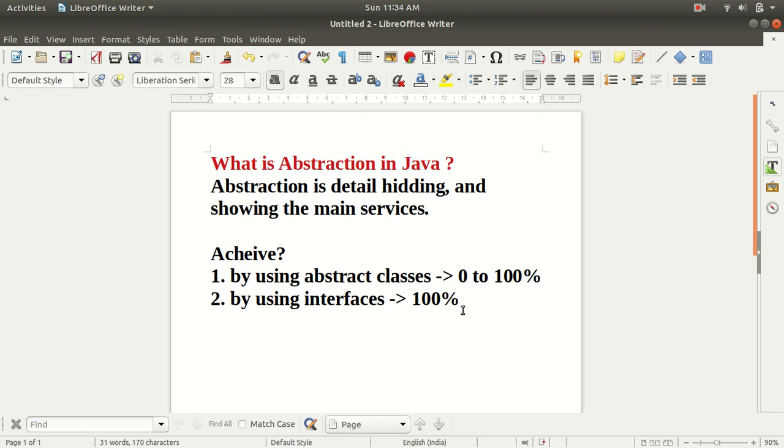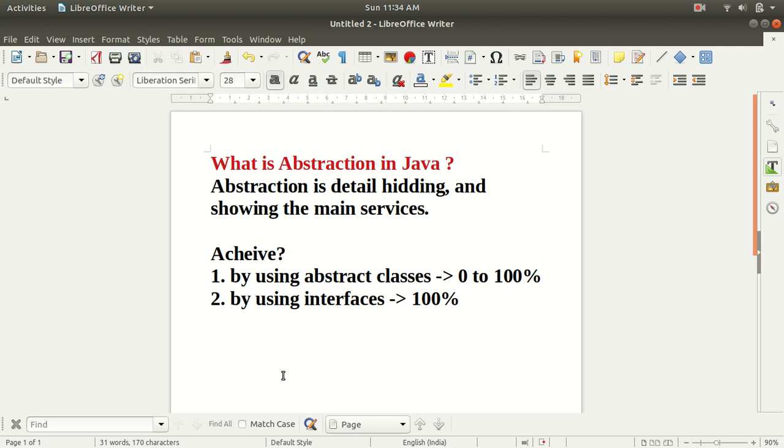It varies. So these are the two ways to achieve abstraction, right? In today's lecture I will explain how to achieve abstraction by the use of the abstract class, and in the next lecture we will discuss how to achieve abstraction in Java with the help of interfaces.